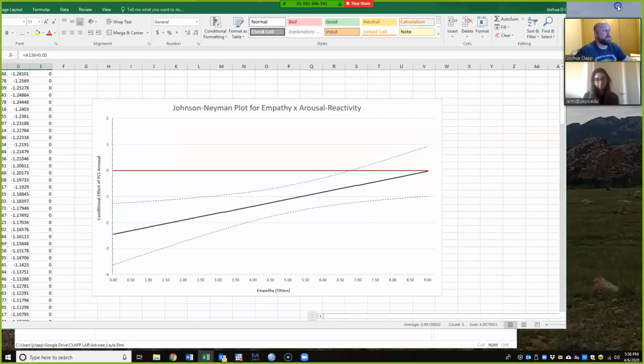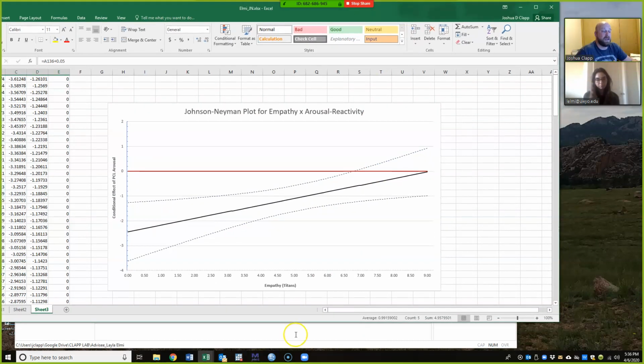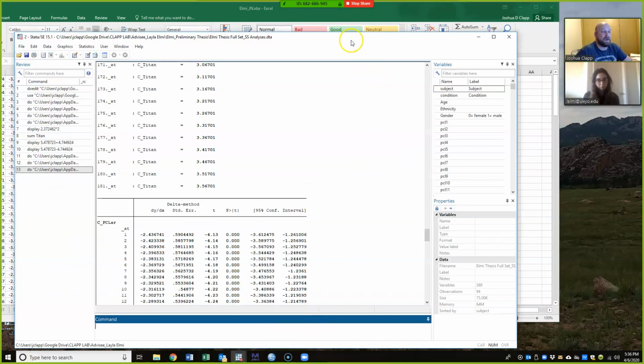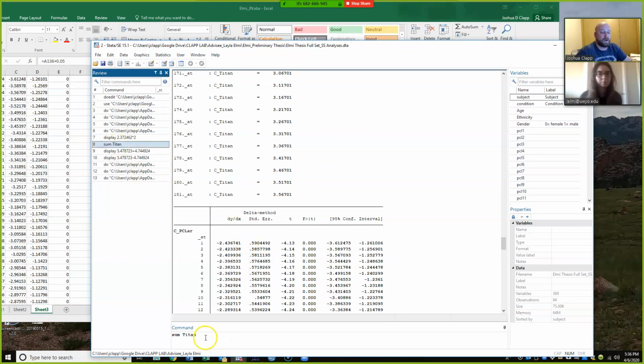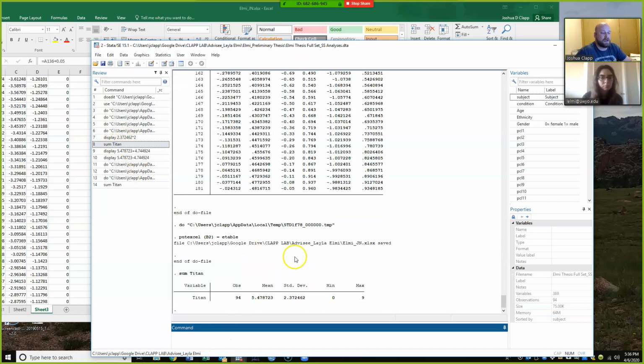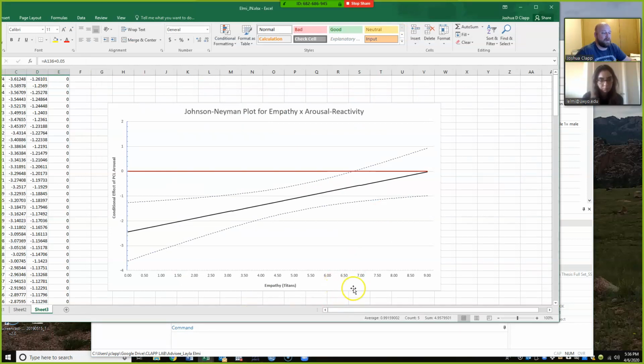Okay? So based on this plot, if I go back to the descriptive statistics for your moderator, your mean value is about 5.5, right? So where does 5.5 end up on your scale? About right here, right? So for the mean and below, it looks like pretty clearly you have evidence for an effect of